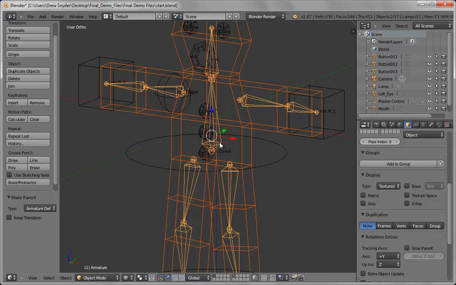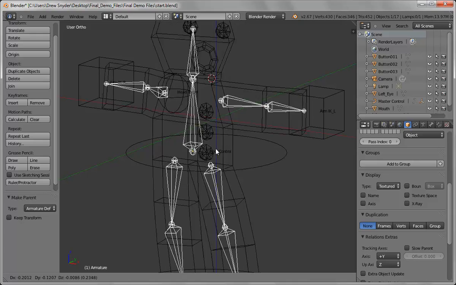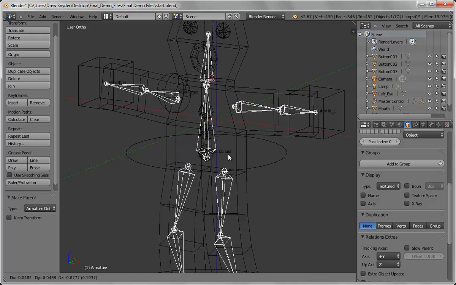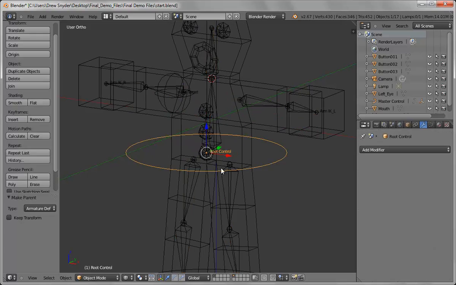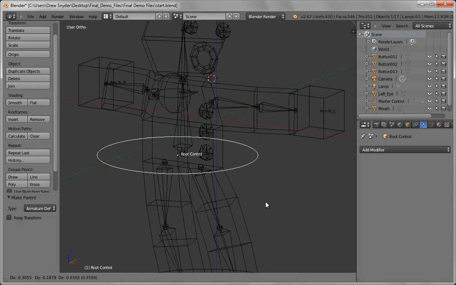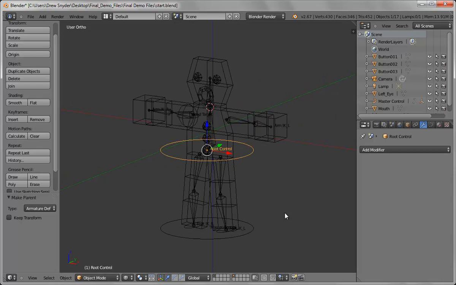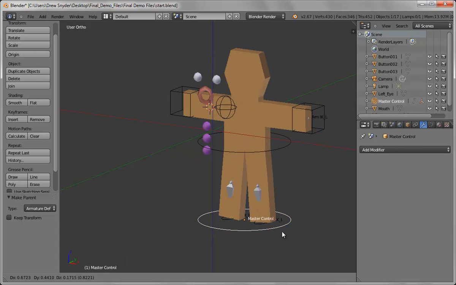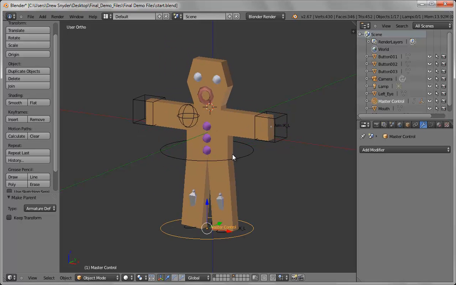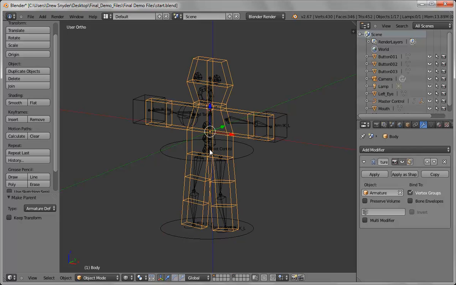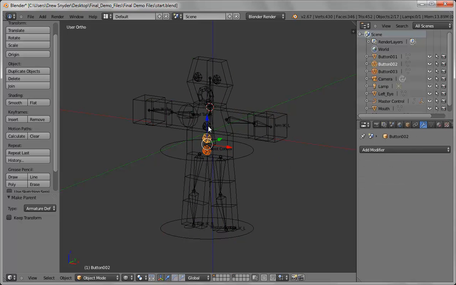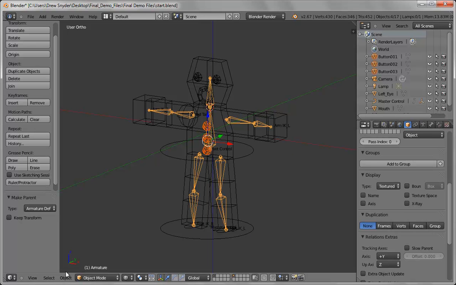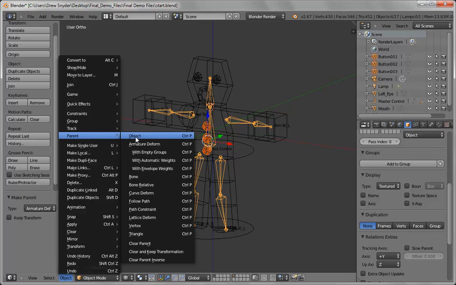And now if I grab this, everything else goes around. So you can see it's all moving now. If I grab the root control and do it, you can get them to dance, etc. So it's all working as far as that's concerned. And let's do, okay, so everything's going along except for the eyeballs and the gumdrop buttons. So we'll grab each of the gumdrop buttons, and then grab the armature, and we'll parent that. Parent object,